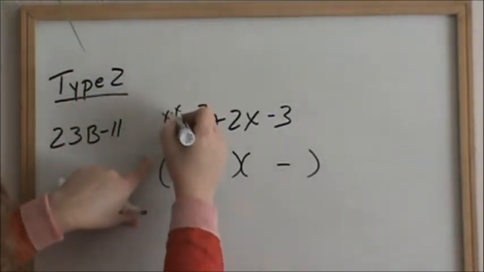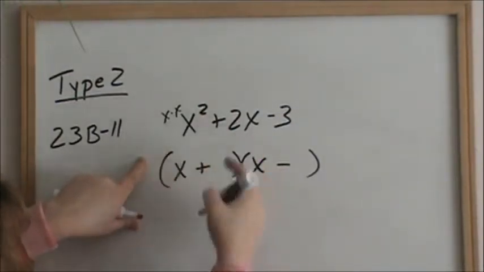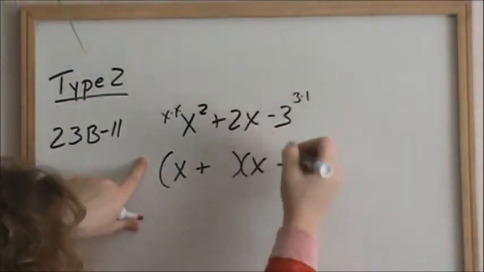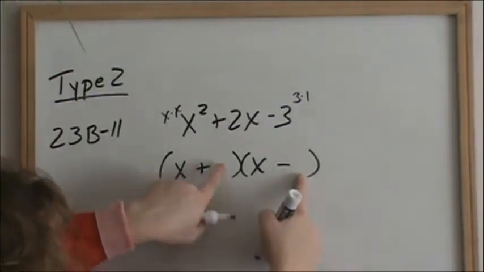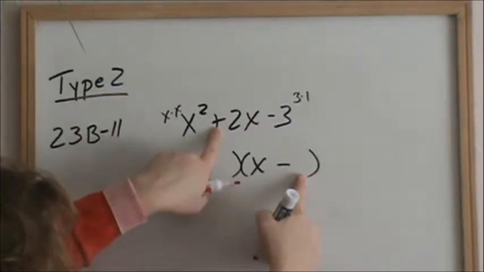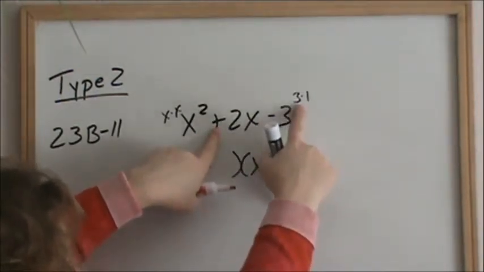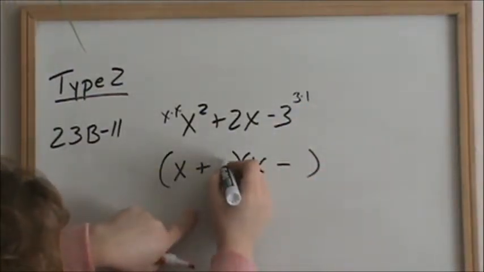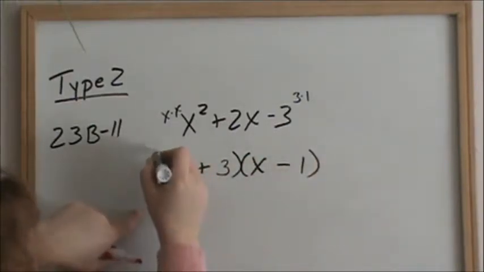The only factors of x squared are x times x. So x, x. These are both positive, so it doesn't matter. X times x is x squared. Now we want the factors of 3. The only factors of 3 are 3 times 1. It does make a difference where the 3 and the 1 go. We want a positive 2 here. Okay? So since we want a positive 2, when you add a 3 and a 1, you want a positive number, which means our larger number has to be the positive value. Okay? So if we put the positive 3 here and make the 1 a negative, when you multiply it out,